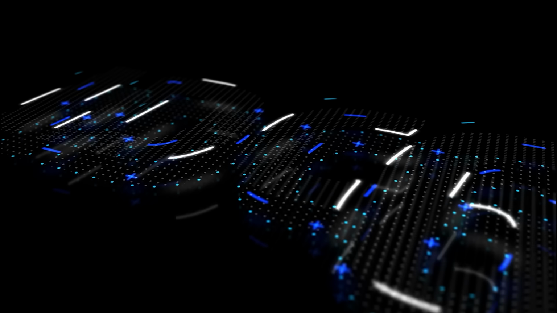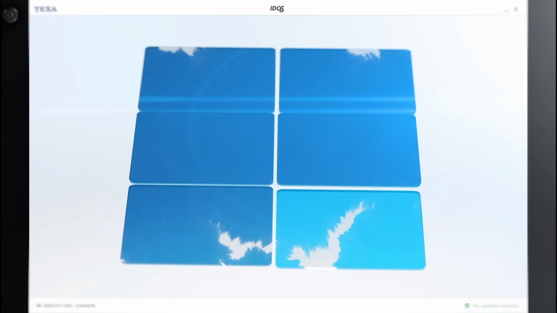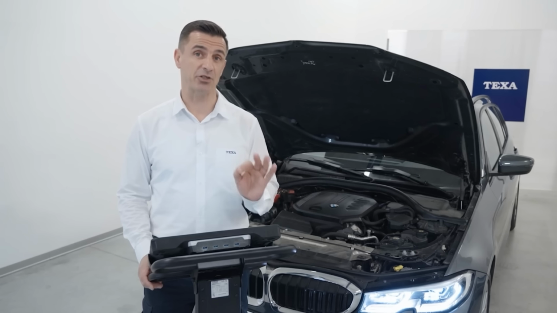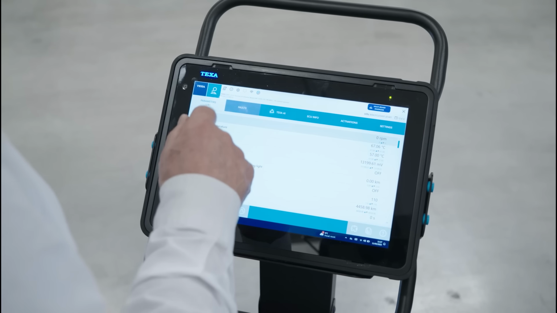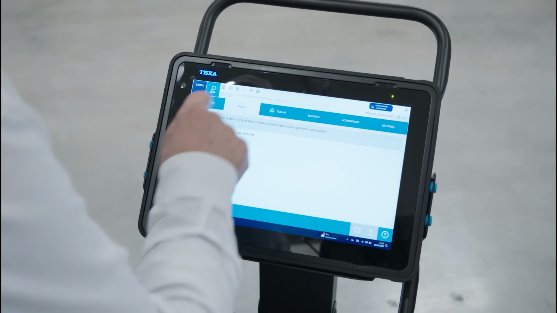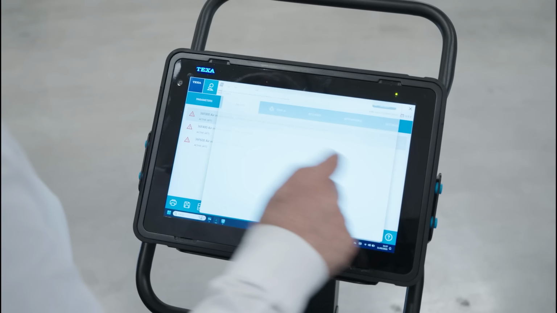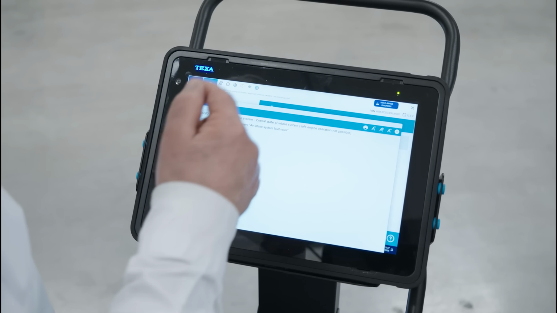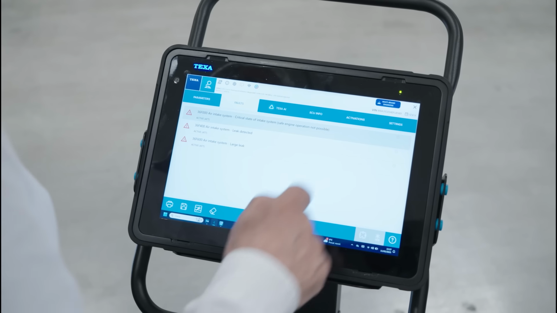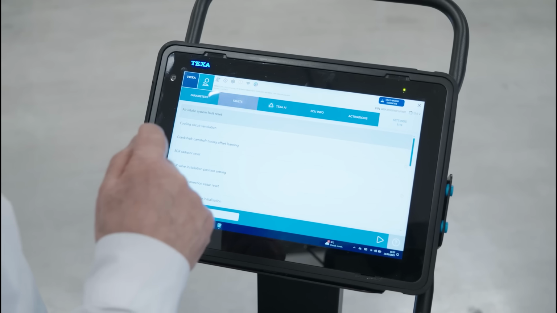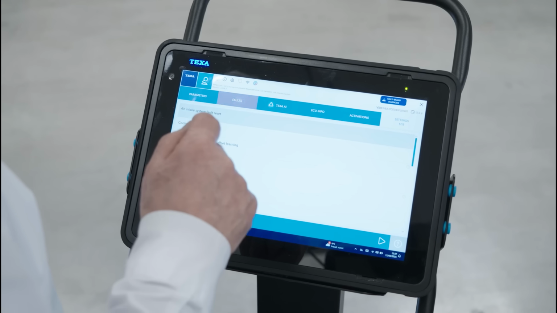The solution? With the IDC6 2025-1 update, TEXA introduced an essential function. Access engine diagnosis and go to the error section to see the active faults. Thanks to the TEXA help sections, follow the detailed instructions to solve the issue. Go to the settings section and select air intake system fault reset.